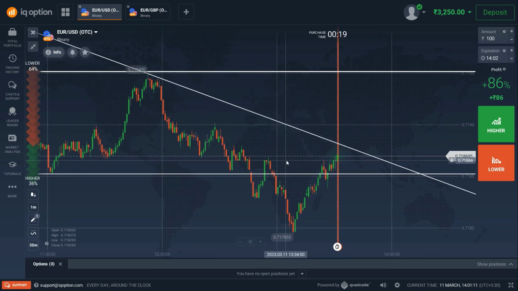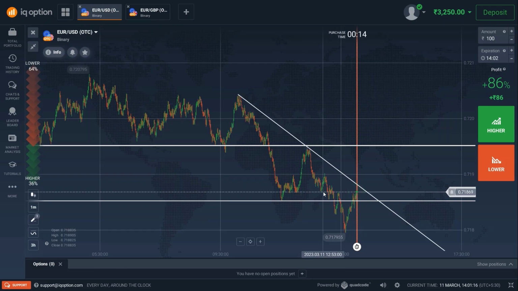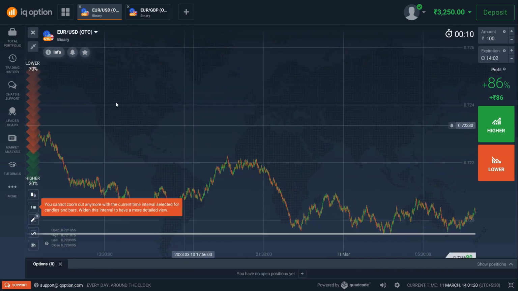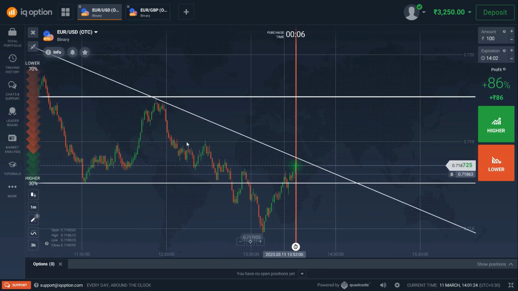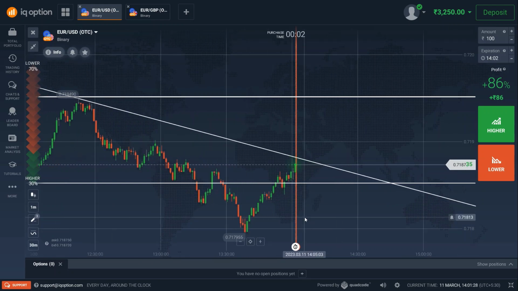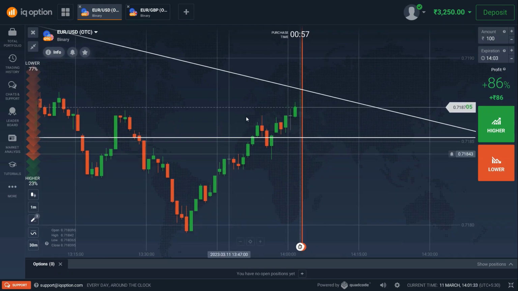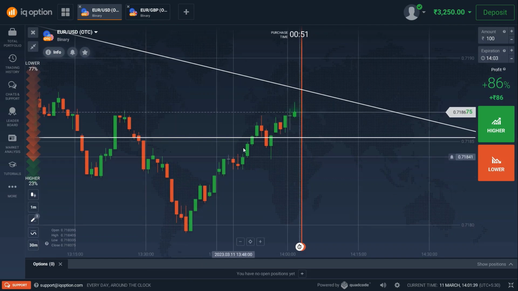One is that we go with the trend. As you can see, the major trend is a downtrend. Let me show you that quickly. The major trend is a downtrend, and the market was moving in the downward direction very sharply, and I was waiting for a reversal trade from the retracement. So this was the downward trend. This was the retracement,